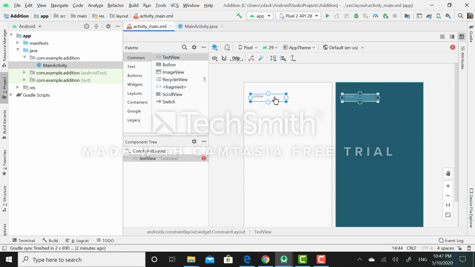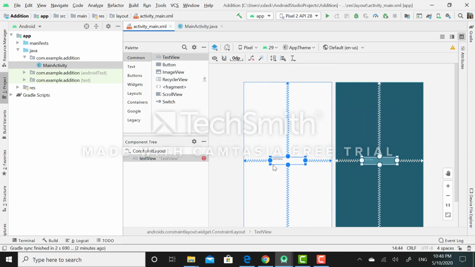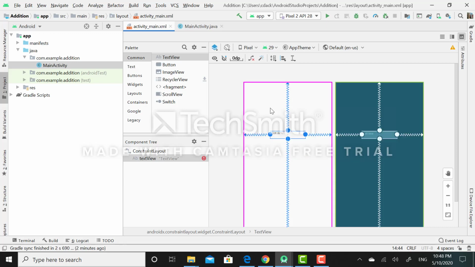Then I will fix its position. So I will click on this align and click on vertically. So in this way I have set its vertical position on my XML file. Then later on I will click on horizontal. So in this way I have set its horizontal position on my XML file.